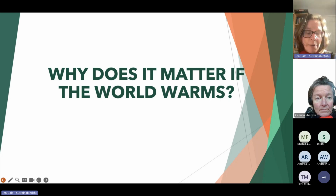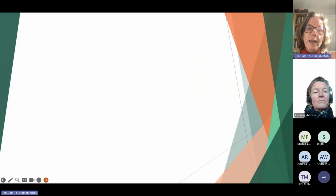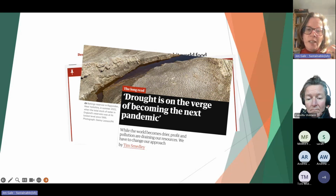If we've got a patient with a sustained temperature that's not coming down, that starts to impact on their body systems. We start to see all these really clever feedback loops start to break down, and that's exactly what's happening with the planet. So as Lindsay said, we're seeing melting of the poles, rising sea levels, more extreme weather events. These are just some of the headlines from around the world over the last couple of years, and all of these things lead on to impacts that we will feel in terms of food shortages, in terms of water shortages,